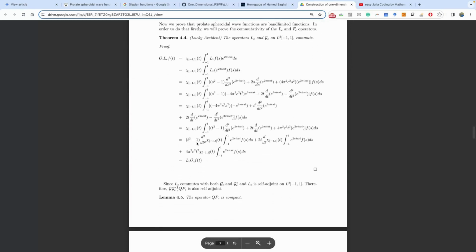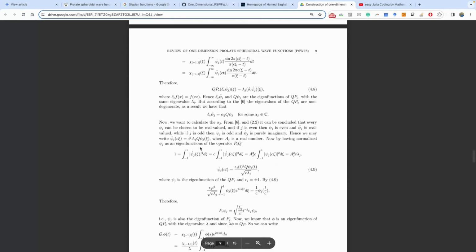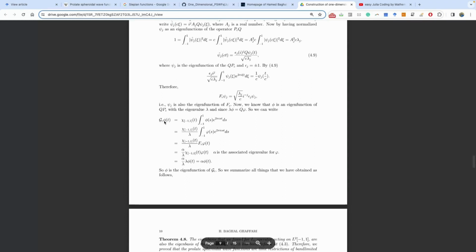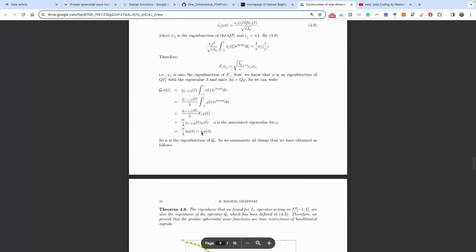You can see everything here, and assuming that phi of t is the Prolate Spheroidal wave function, we see that it is equal to this guy. So it means this alpha is the eigenvalue. We are attempting to compute this alpha. So the alpha is obviously equal to this one divided by the